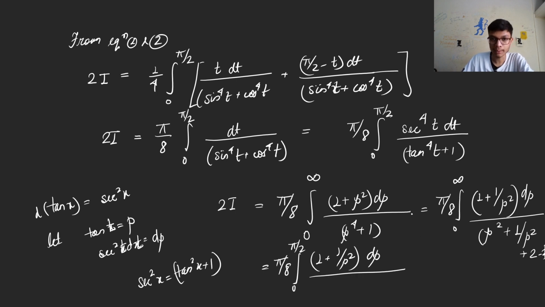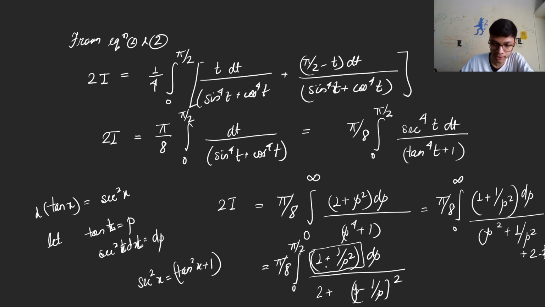Now I know what p minus 1 by p is; if I differentiate that, I will get this particular term, that is 1 plus 1 by p square. So if you have solved this, then I can express this as 2 plus p minus 1 by p whole square. Also, an important thing to remember is that I can represent this denominator part as p plus 1 by p whole square minus 2,